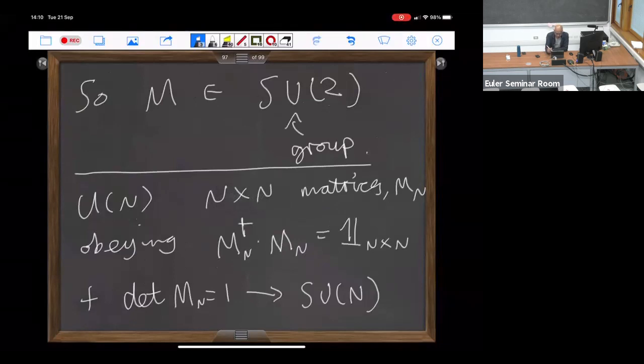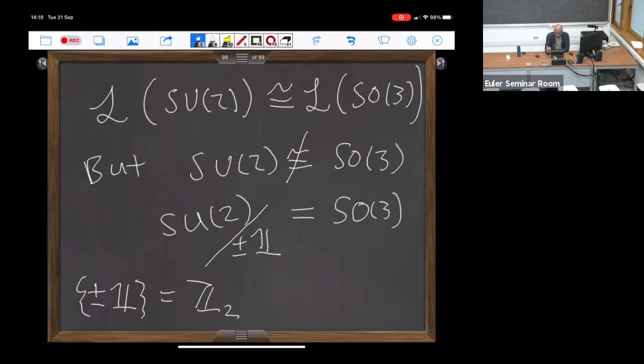We use this as an excuse also to introduce the groups UN and SUN. And so the first line here is something we've proven now. And this minus sign that you get by making a 2 pi rotation means that SU2 contains twice the number of elements of SO3. Because